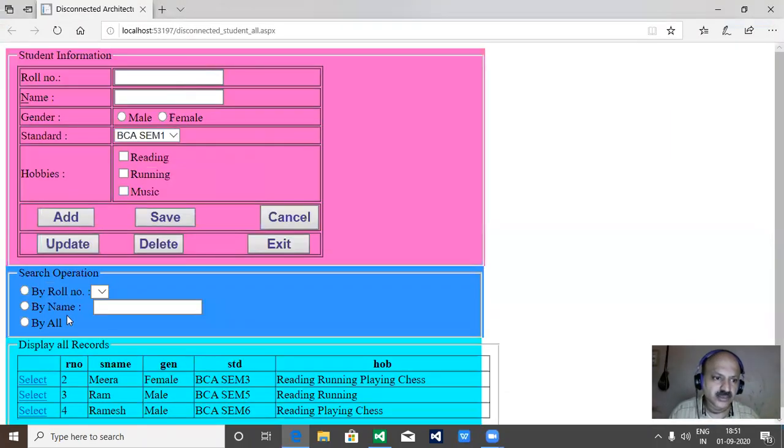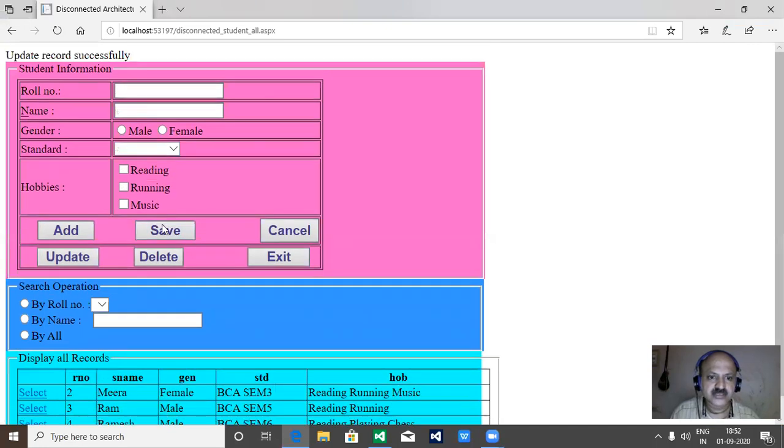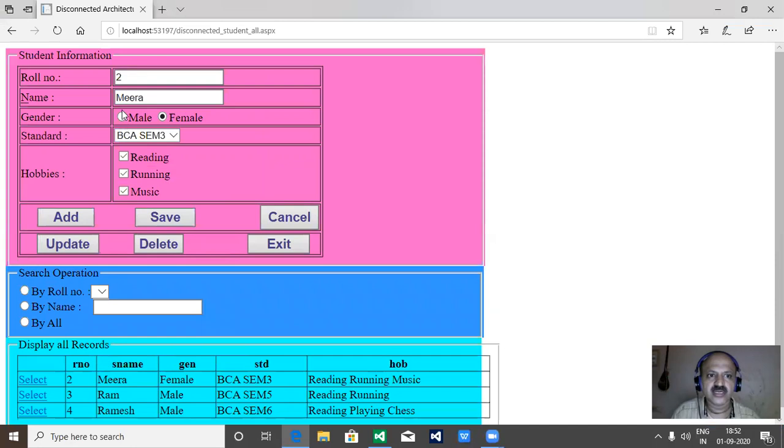All are well. So I select this first record, yes, that is working. Now I replace this hobby, and now I update. First I click update, and now I click save. Yes, now it is successful. So here is music, and now I check whether that works in the for loop or not. We can check that. Yes, all is perfect. So that is an update done perfectly.